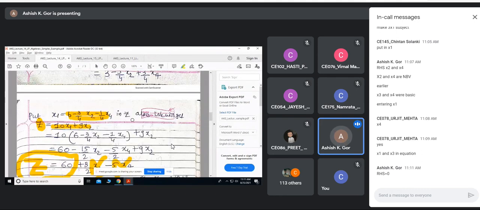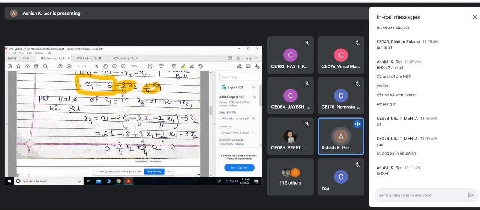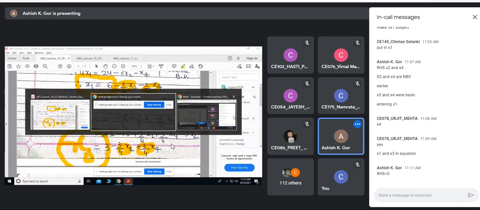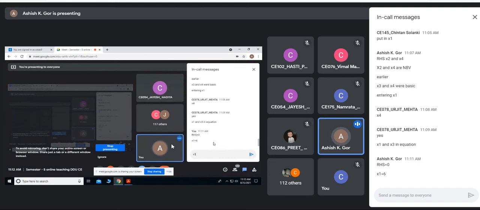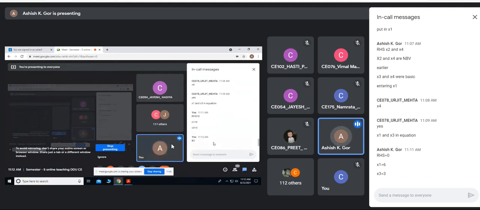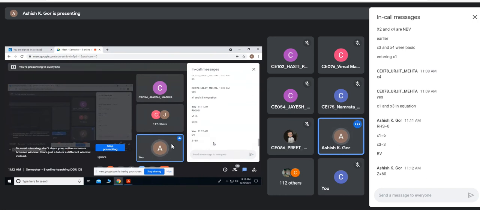In the same way, put the same thing in the constraints also. Set x2 and x4 to 0, so I get this to be 0 and this to be 0, so x1 equals 6. In the second equation, with x2 equal to 0 and x4 equal to 0, I get x3 equal to 3. Remember, it is x3. So the basic variables are x1 equal to 6 and x3 equal to 3. These are the basic ones, and z equals 60, because the other non-basics are set to 0.